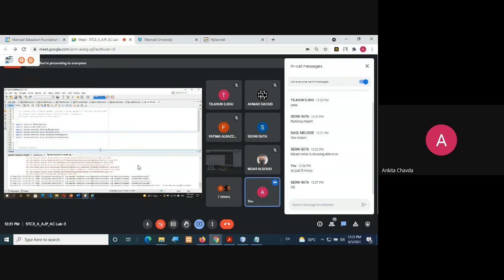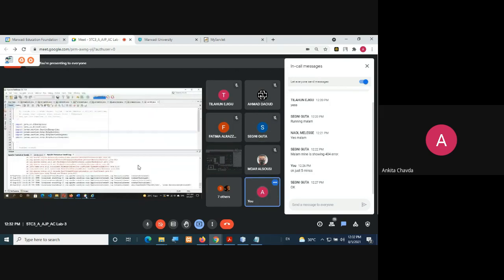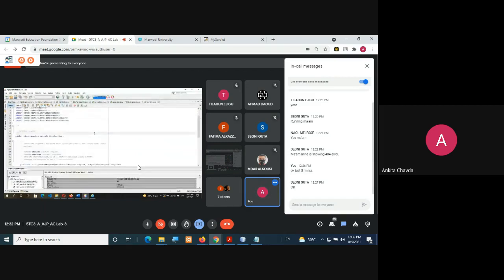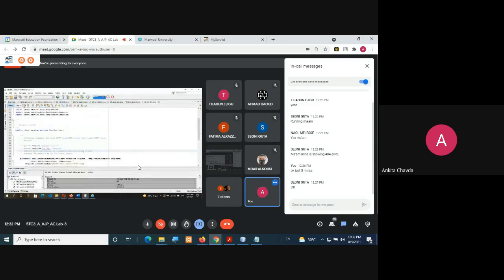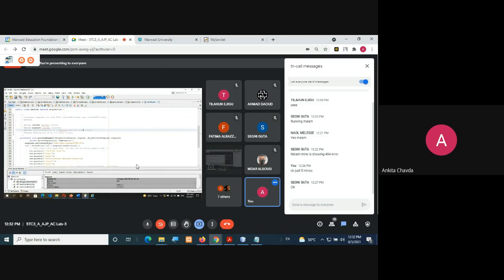What's the problem with the code is, now show me your code. Servlet extends HttpServlet. Then I said you need to write it in doGet or doPost.